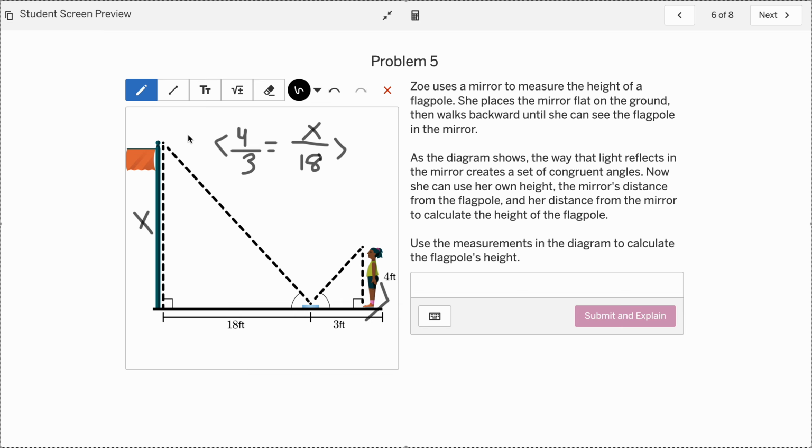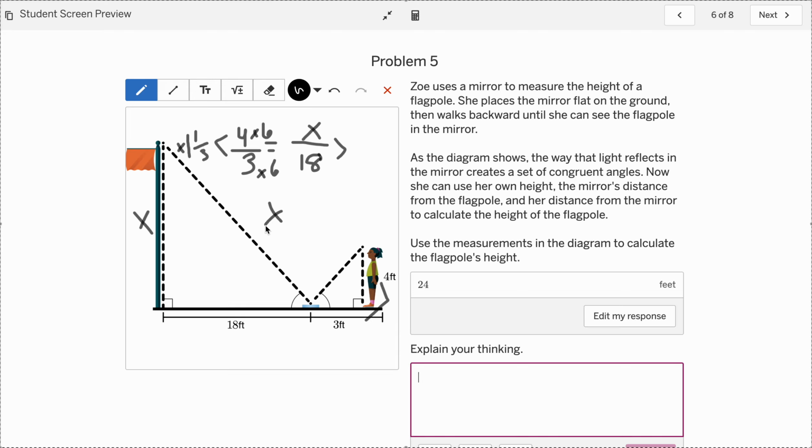So I did 1 1/3 as my scale here. Or I can find my scale factor is 6, and I can do that from both sides. Either way, you get the same answer, and it's going to be 24 feet tall. So x equals 24. Explain my thinking: I know that the two triangles are similar, so they will be